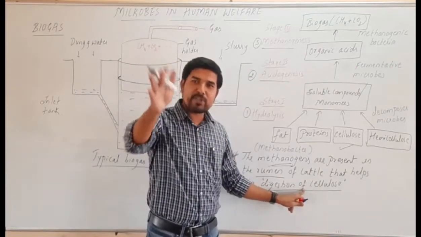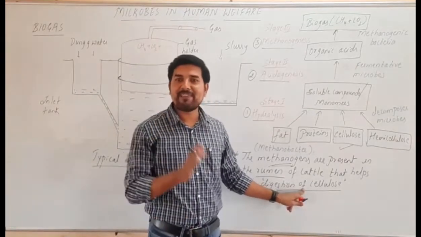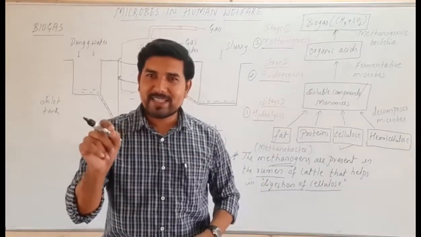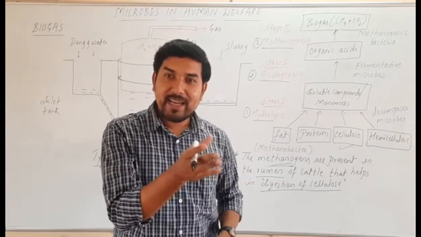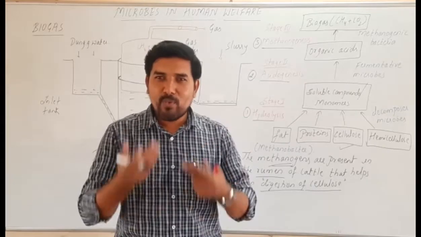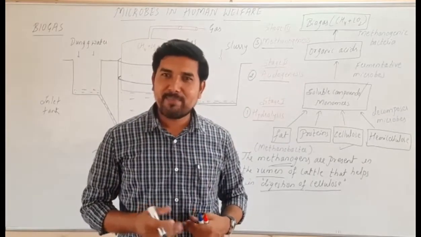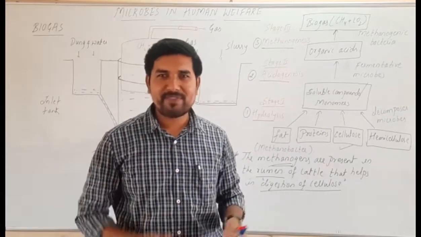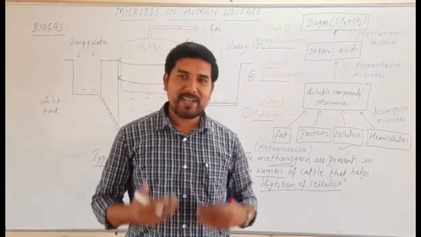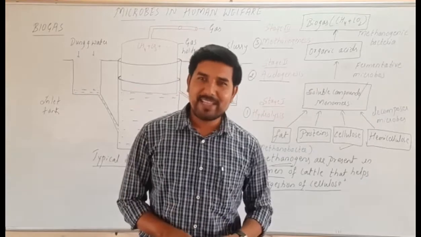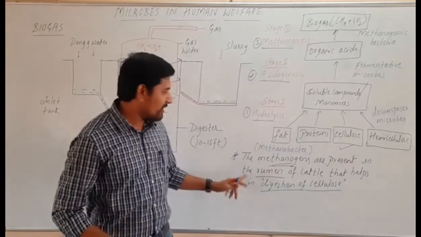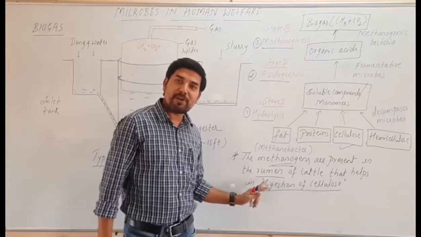It is an objective part. Remember it most carefully. Okay, it's a common question. The role of methanogens in the rumen of cattle is digestion of cellulose. Now, we cannot digest cellulose. Suppose if the animals eat paper, which consists of cellulose, it is easily digested in the cattle rumen, but it is not digested in us because we don't have the cellulase enzyme which helps in digestion of cellulose. So this is the function of methanogens in the rumen of cattle.